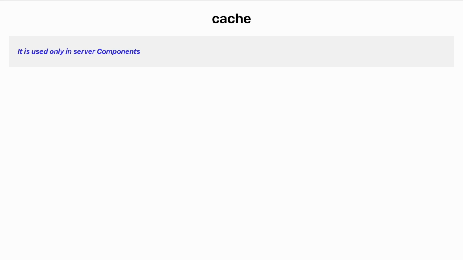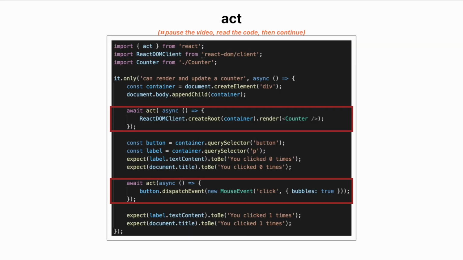When do we need the act API? Act is a test helper to apply pending React updates before making assertions. Act can be used to render a component or dispatch any events while testing the component. It makes sure that the component is rendered or the event is dispatched and the event is processed by the component before running any assertions. You will pass an async function to act that does rendering components or dispatching events to the component.